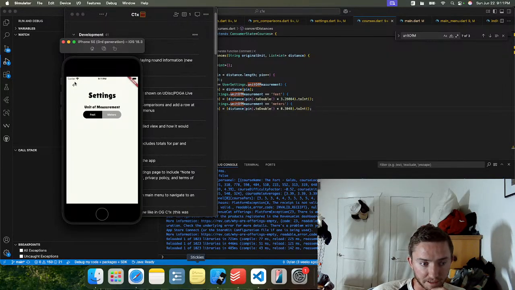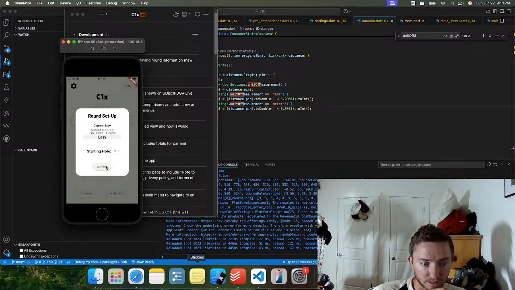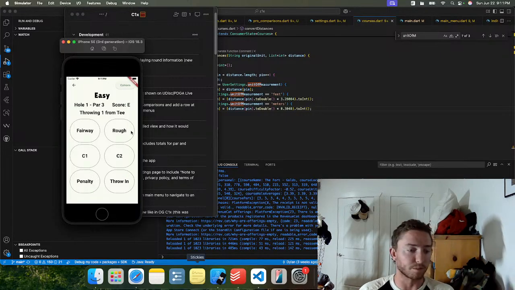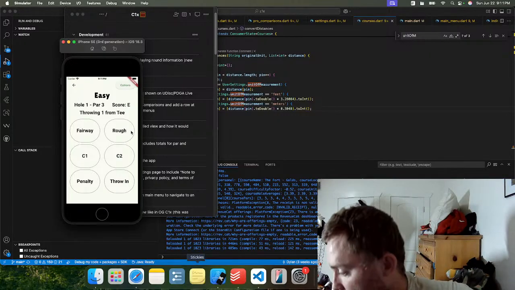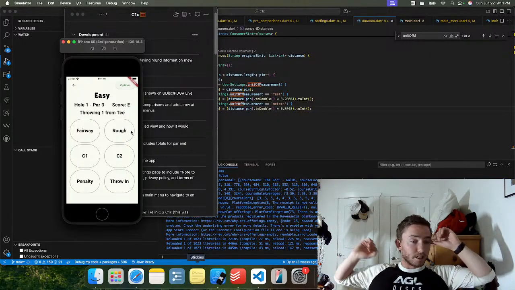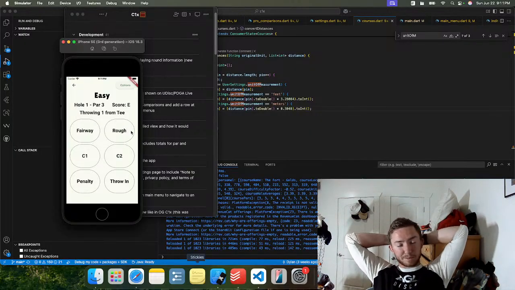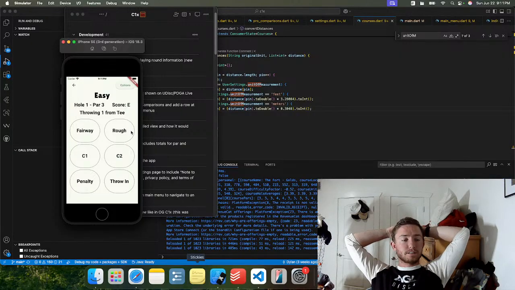C1x, so obviously we have scorekeeping in the app now. This is the very basic starting point for what I want the app to be. I intend to upgrade this a little bit and then also add a detailed scorekeeping mode. I'm not sure what that is actually going to be called. I don't think detailed is going to stick, but